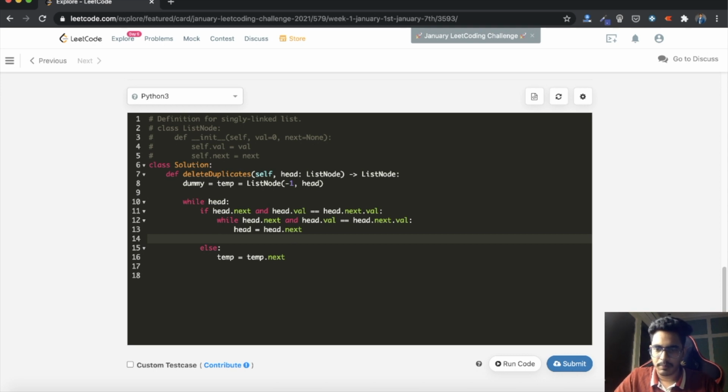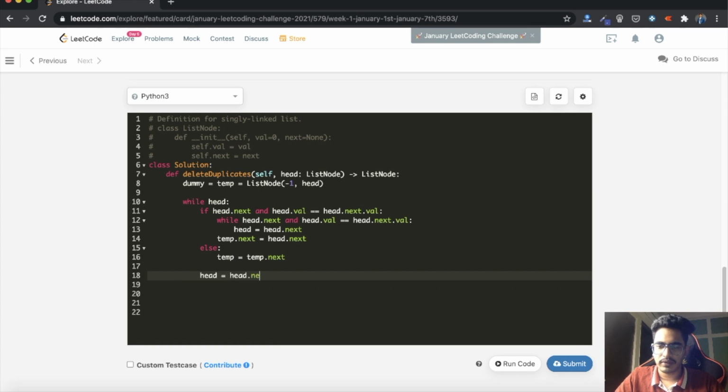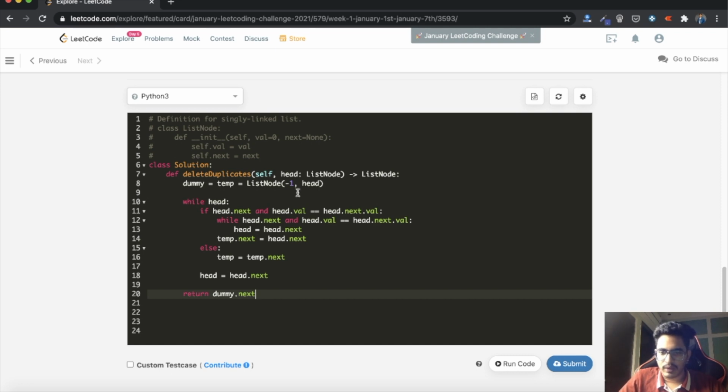So now our temp's next should point to head's next. After any of these things is completed, let's iterate: head is equal to head.next. Finally we will be returning whatever is present in dummy.next. Why? Because dummy.next is originally pointing to whatever is present in head.